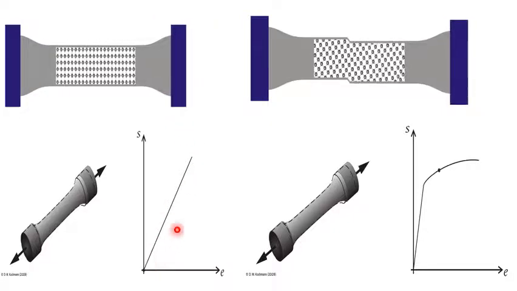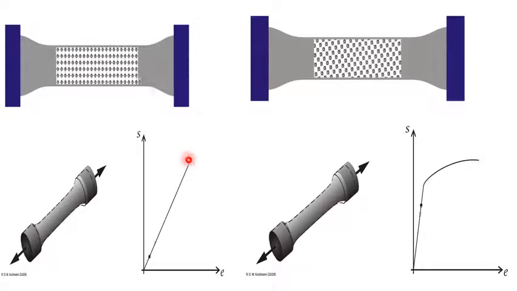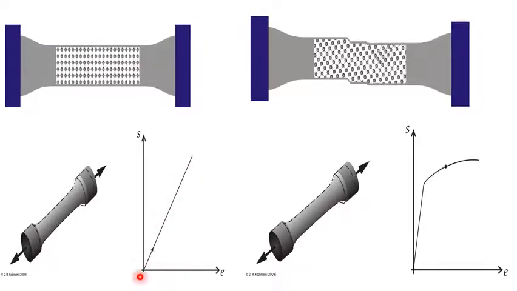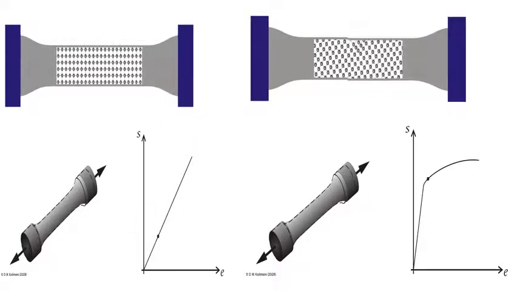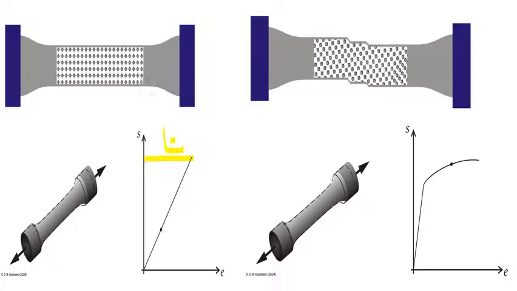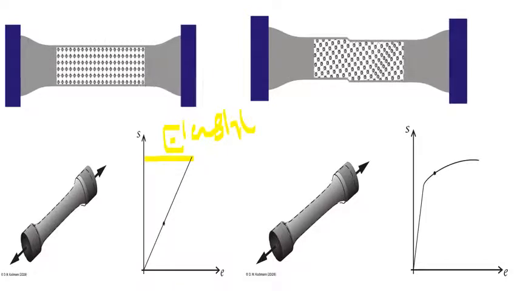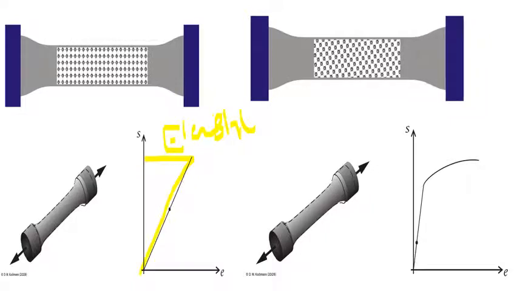This is what we said, the elastic region. There will be an increase in the length, but once you remove the load, it will regain its original shape. That is what this region is. This is what we say the elastic region, and from here to here is what we say the elastic limit. Elastic limit means within this point, if you remove the load, it will regain its original shape.